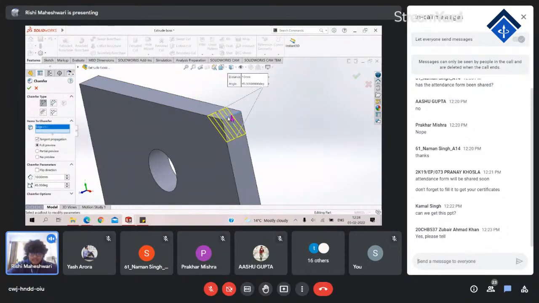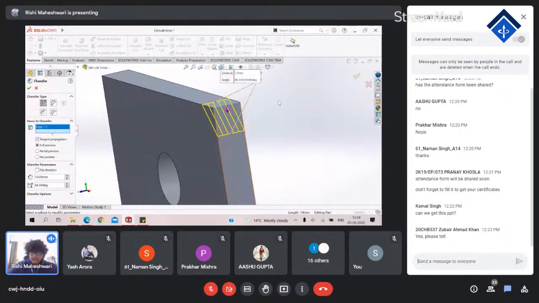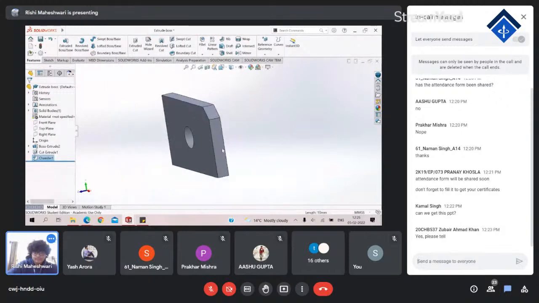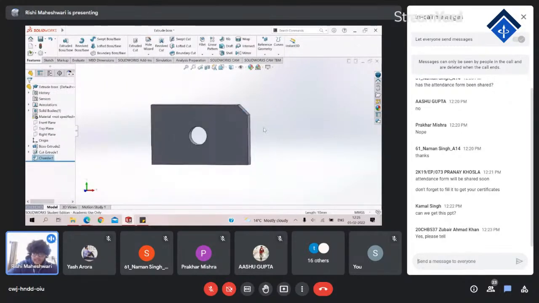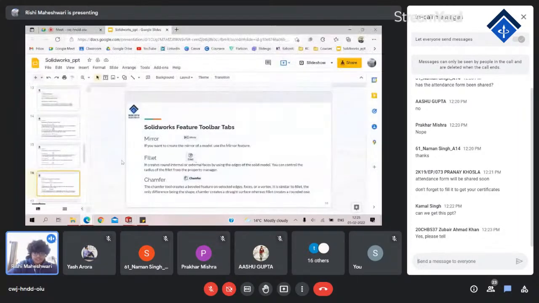So let's click on this, and as you can see there is a preview which is clear from this side, and it actually removes this particular material. If I select OK, before that, again here the distance and the angle both are set. So I click on OK, and there you go. Here a particular plane is made instead of rounding up that particular edge. So these 9 features were the basic ones which you would be using when you're starting off with your SolidWorks